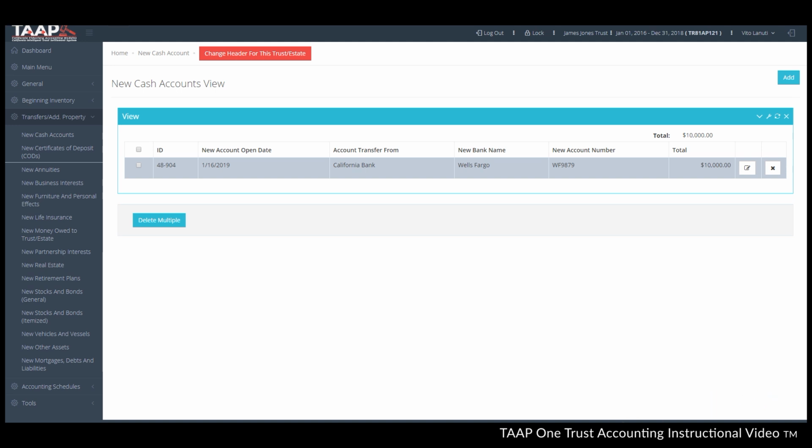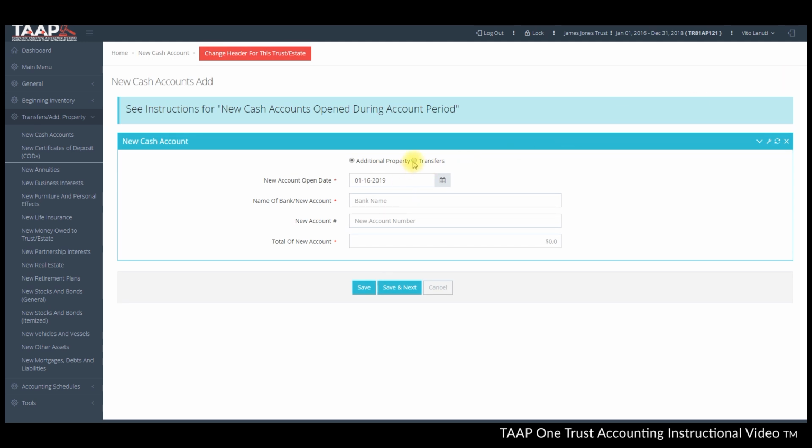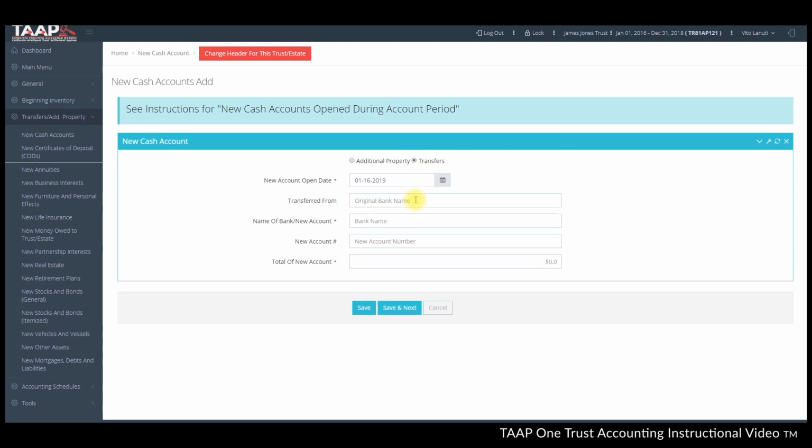The next thing that we're going to demonstrate is creating a new account and transferring all of the funds out of an existing account into the new account and then closing that account. So we're already in new cash accounts and transfers and additional property. So we're going to open this up. We're still going to do a transfer. So what we're going to do, we're going to transfer from California Bank to Union Bank